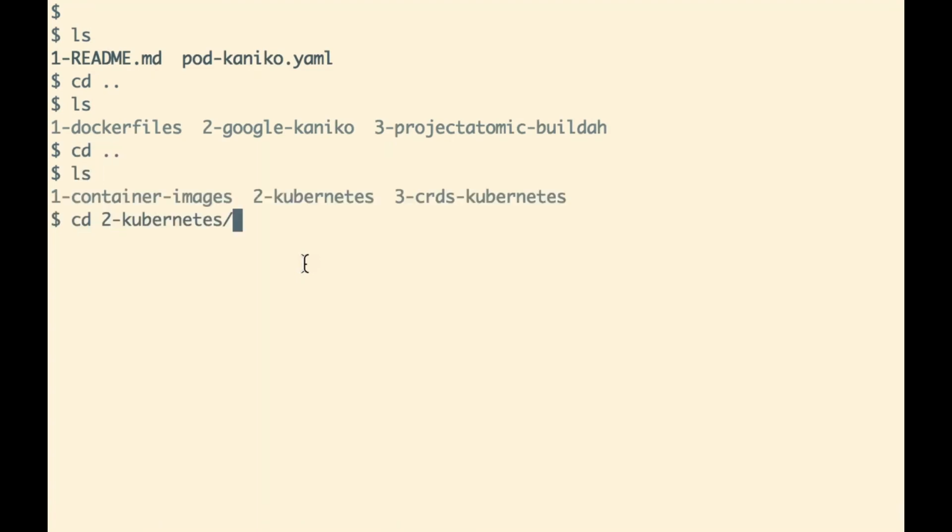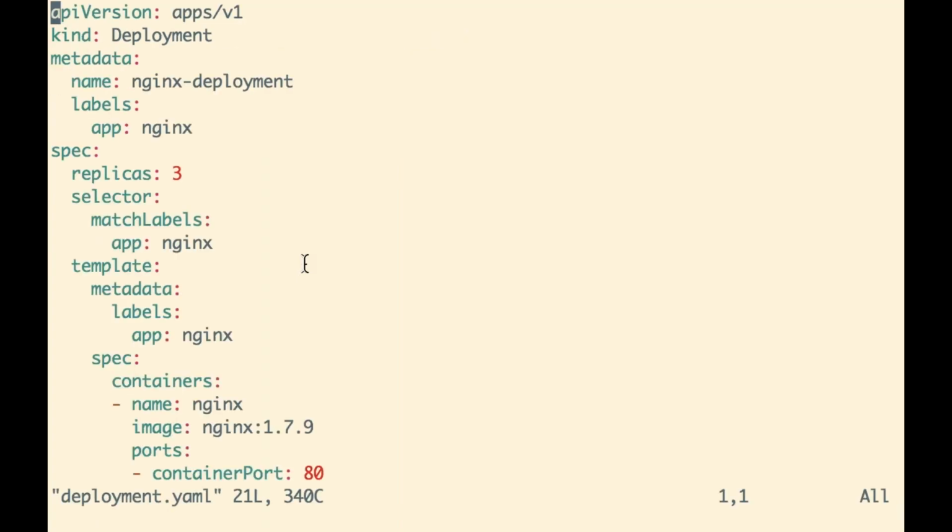Now let me just go back to the Kubernetes folder to do a deployment creation and service creation. So in this particular folder, we find 2 files, deployment.yaml and service.yaml, which we'll see. With deployment, we deploy the application.